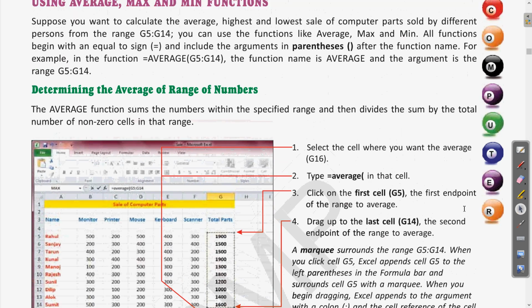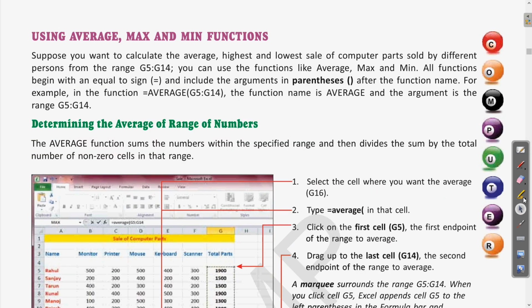Okay, so if we come again to the paragraph, let us read it once again. You can find the average, the highest, that is the maximum, and the lowest sale of the computer parts, and this is from a range. Whenever we are talking about a range, it is denoted with the colon symbol in between.